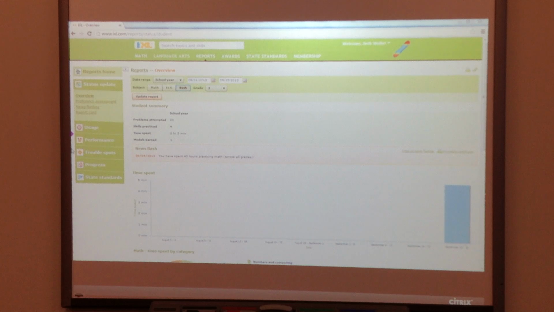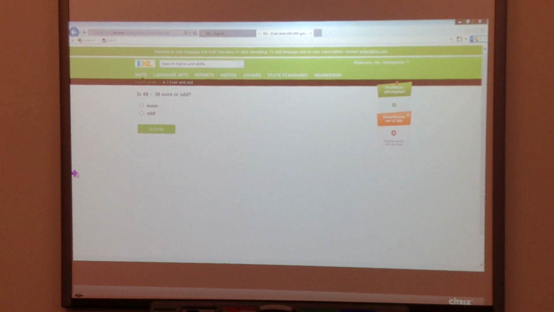So I just want you to know that students have access to a number of the same reports that we do. And it's great if students are a little bit older because they like to monitor their progress, and if they're a little bit younger, then parents certainly like to be able to go into their student's account and take a look at their progress that way. So as I transition back to a teacher account,